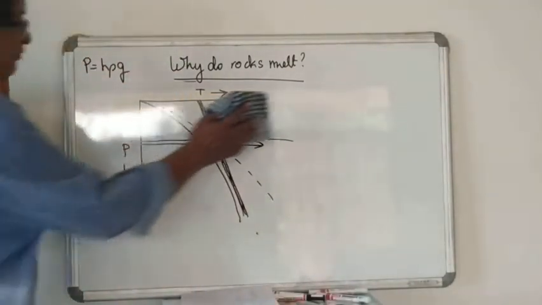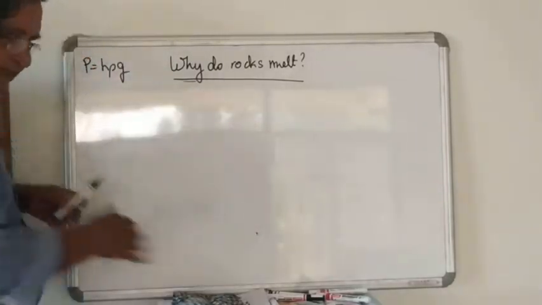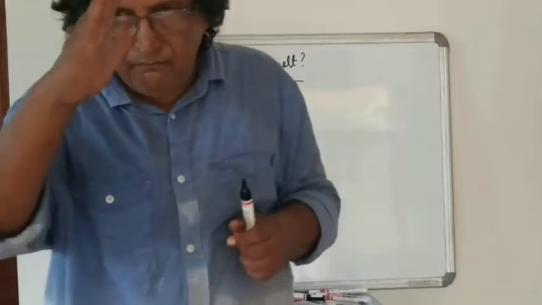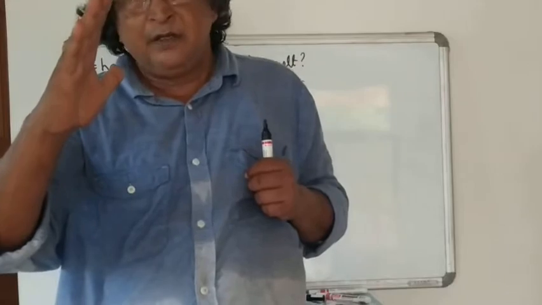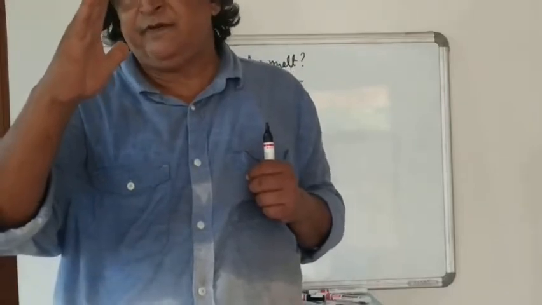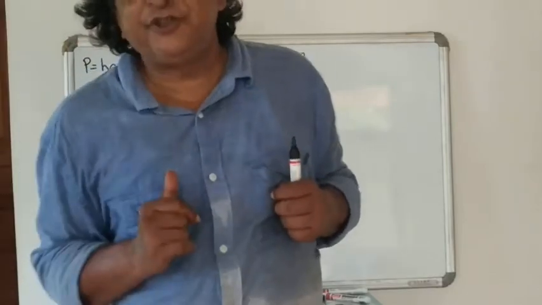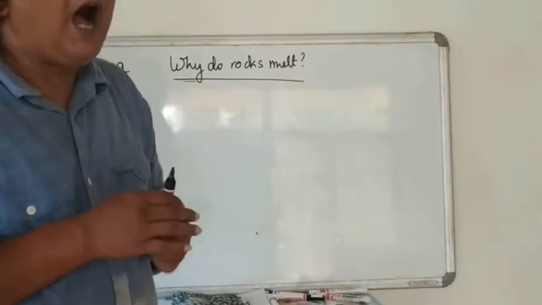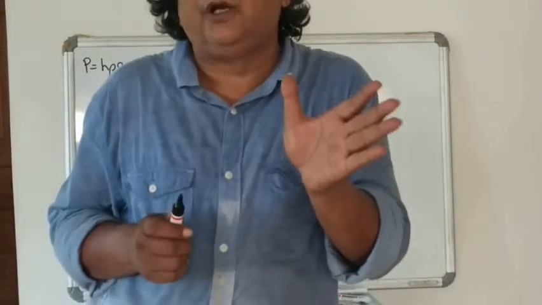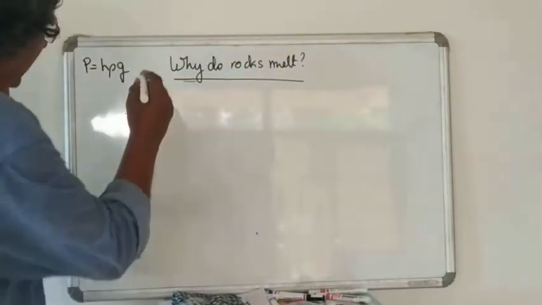Now let's see, we will take another point here. What we have done in the last diagram that I just erased, I kept the melting temperature curve, did not change the melting curve, but I showed two situations of the geotherm. I will do now just the opposite. I will now not change the geotherm, but I will change the melting temperature. And here is the result.